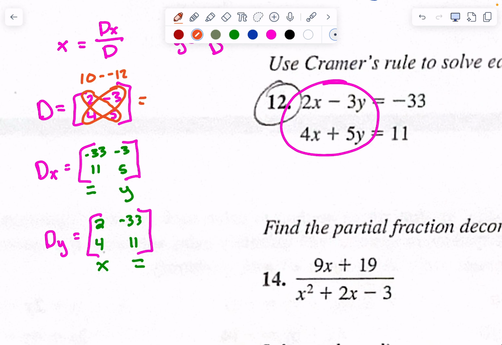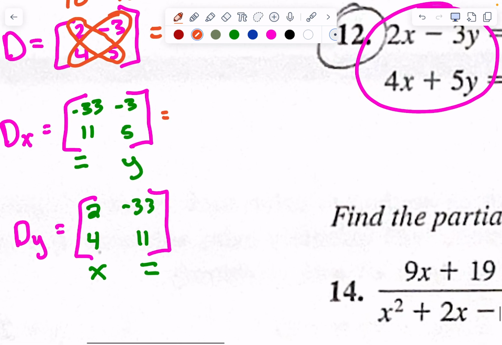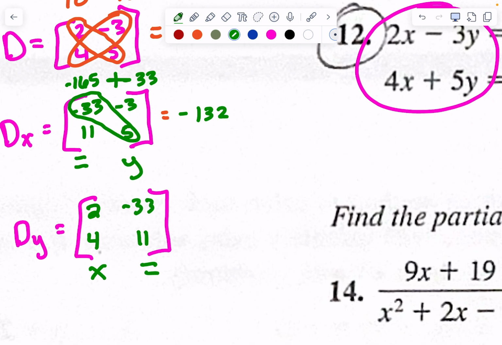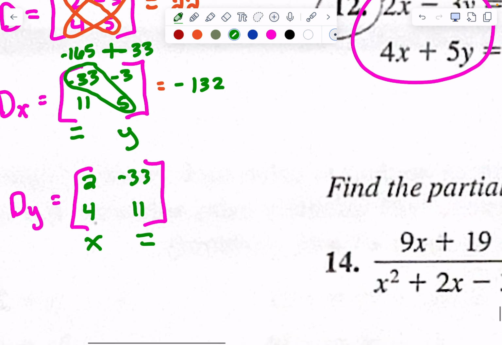D is going to be... I got 22, because it's minus a negative 12. Okay? And I think these other numbers are probably going to be bigger numbers as well. So this guy, diagonal down, negative 33 times 5, negative 165. Negative 165 minus a negative 33, so plus 33, would be negative 132. Okay. This guy, diagonal down, is 22 minus a negative